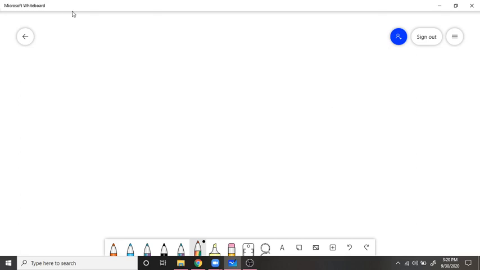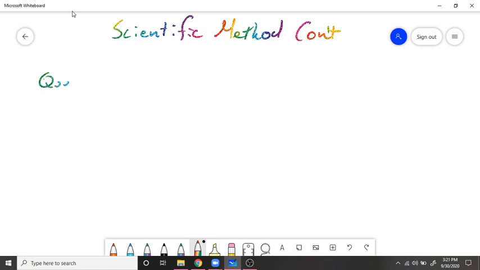Today we are going to continue our discussion on the scientific method. We talked just the other day about the steps in the scientific method. We said that you question, that you make a hypothesis,